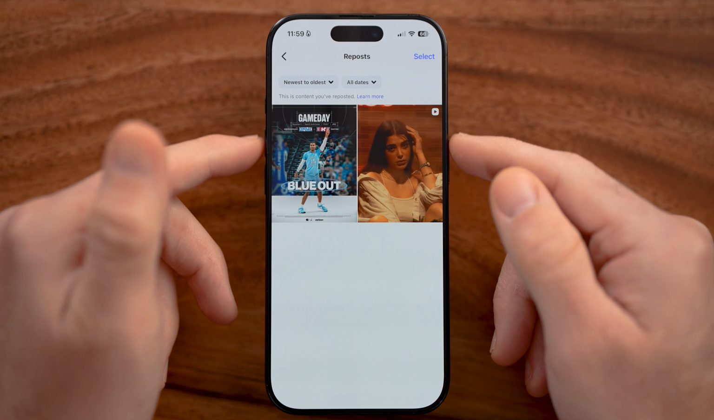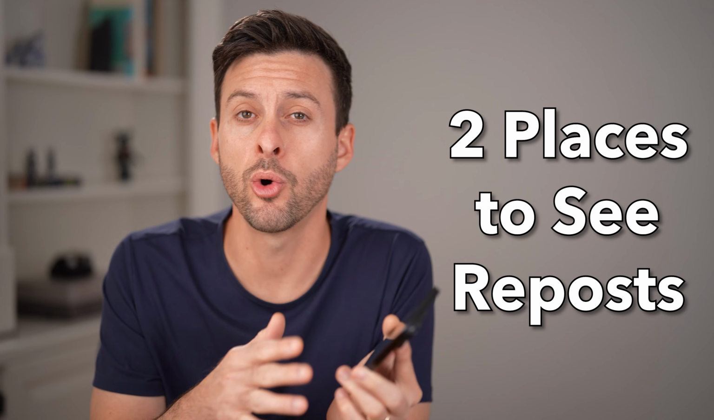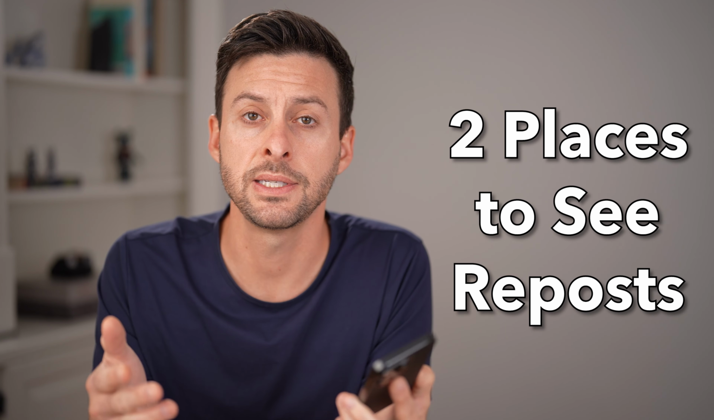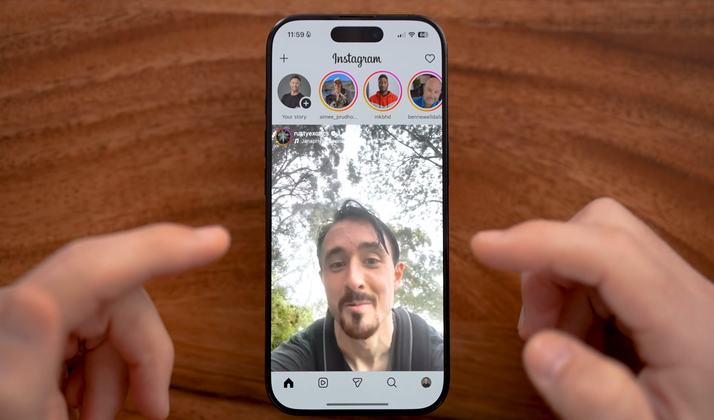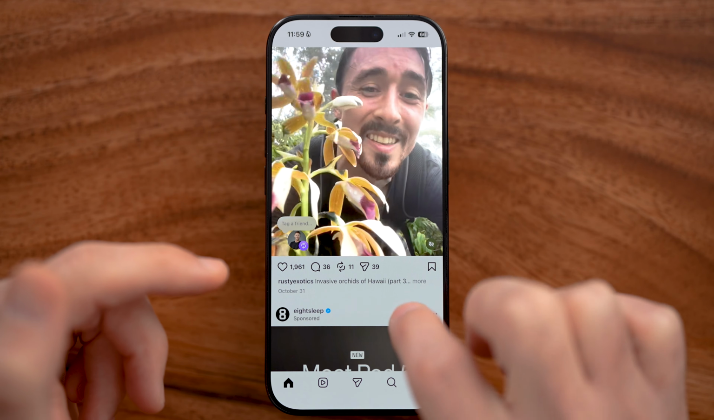Let me show you how to see your reposts on Instagram. There are two places to see those reposts. I'll walk you through both of those and how to see them and remove them if you choose to do so. Now let's open up the Instagram app on your iPhone or Android, and you can see a new repost